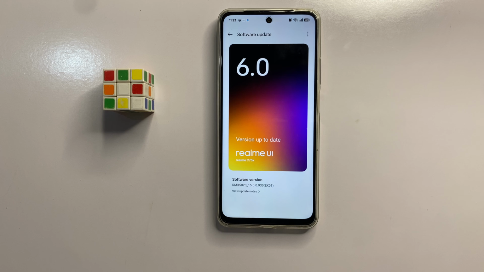Hello everyone, in today's video I am going to show you how to fix Realme 15 Pro keeps restarting. So let's start the video. First of all,